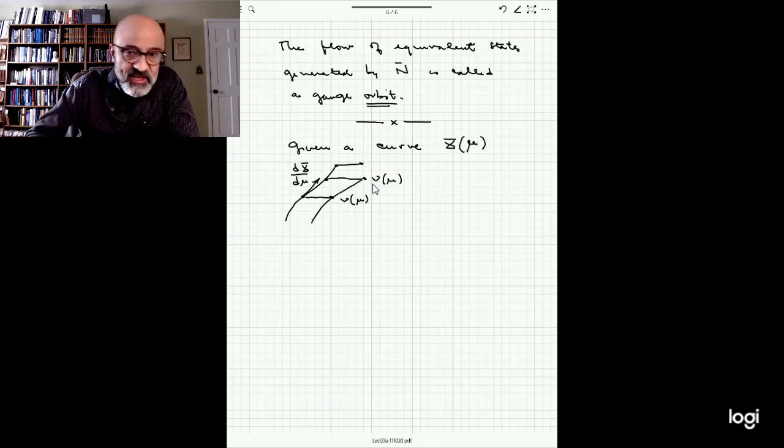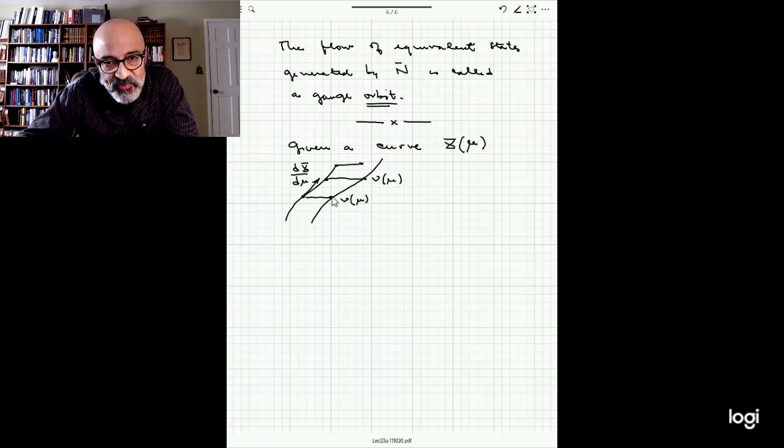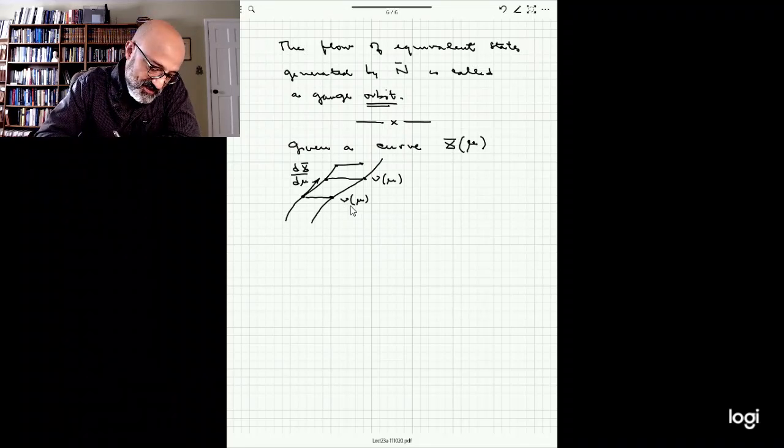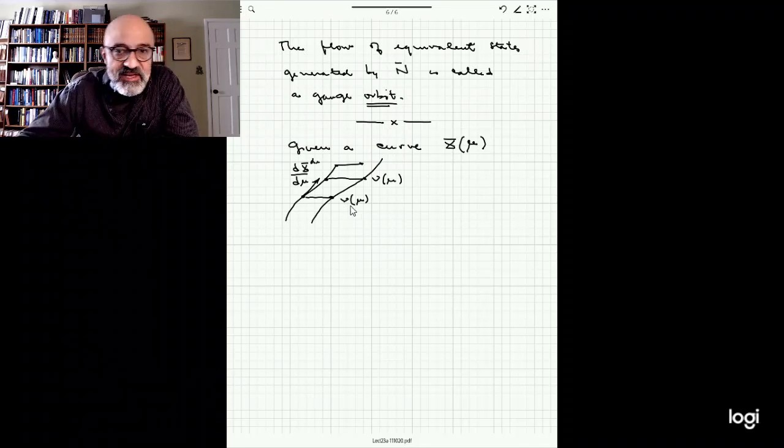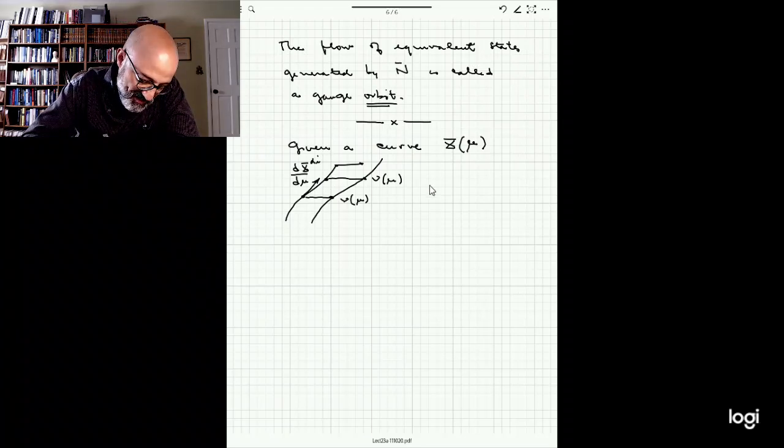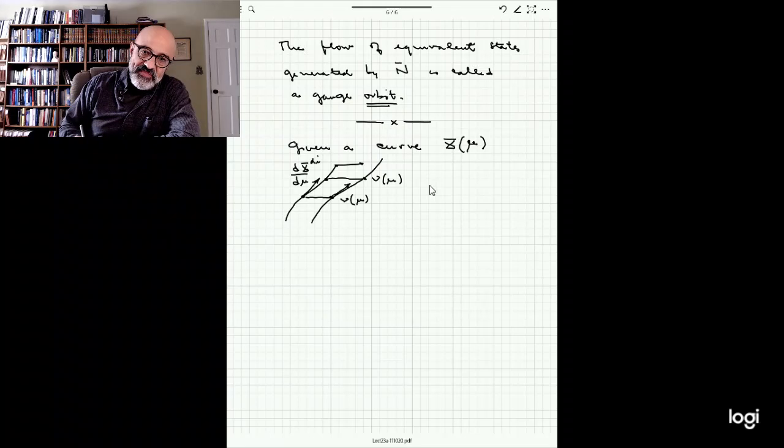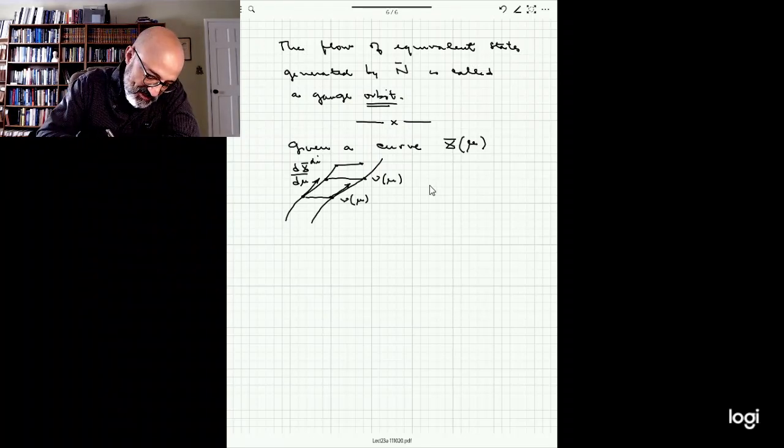And so now we have a different curve in which at each point you move to an equivalent state. The change is independent of the I, but it need not be independent of where you are along the curve. So now the question here is, I have a different vector. And so the point of all of this is that if we have a vector dd mu,